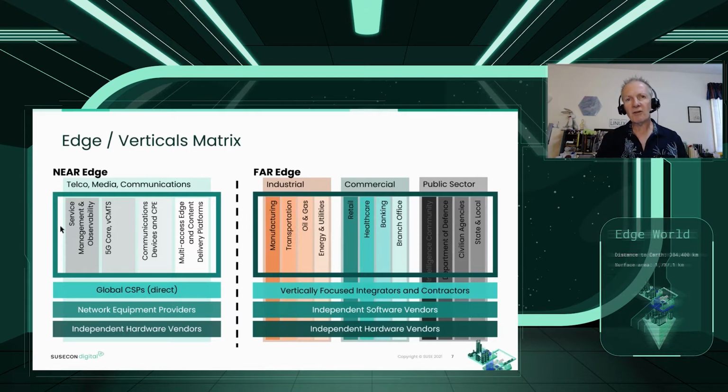And on the right, at the far edge, we have what are more vertical markets, right? Like industrial markets, manufacturing or oil and gas, or commercial markets like retail or hospital for healthcare, or public sector like governments. I think one example there that's very interesting is the smart city approach where cities like the city I live in are bringing edge technology to bear in the town where sensors and components are driving all sorts of different pieces of city infrastructure and allowing the citizens of the city to interact with the environment in various ways.